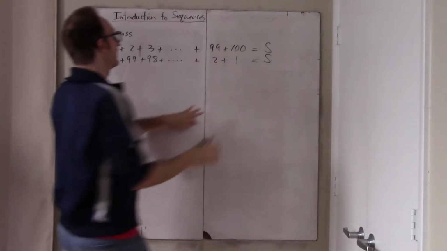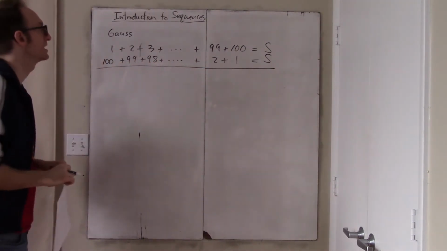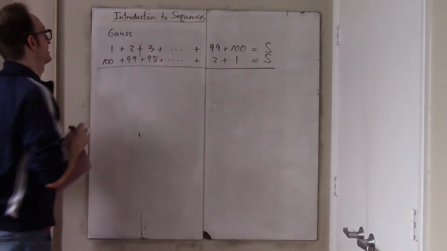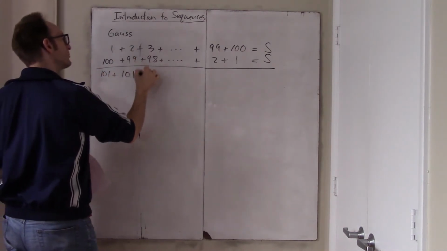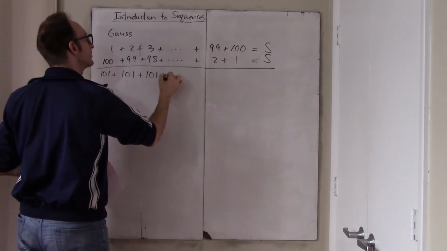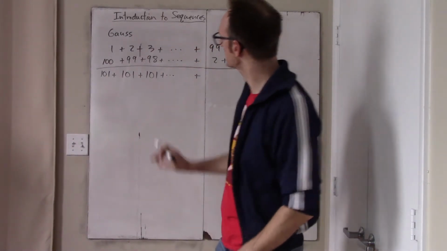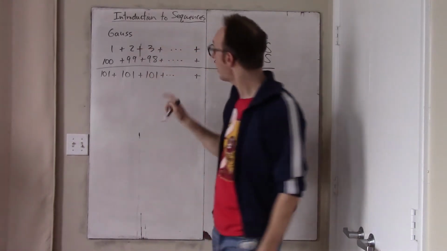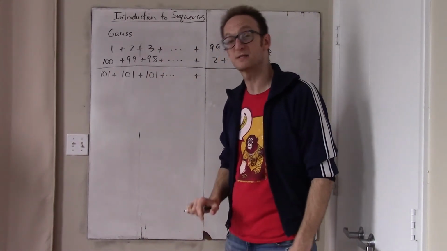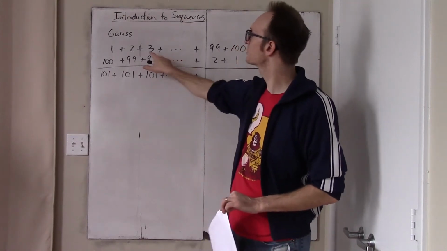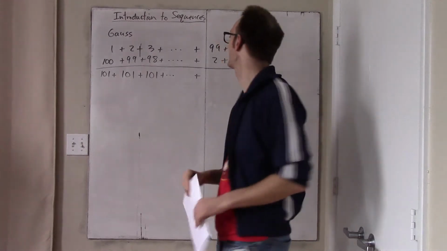So what? Well, the so what is, if we then go and add these numbers, what do we get? Well, 1 and 100 is 101. 2 and 99 is also 101. 3 and 98 is also 101, etc. And in fact, that's not just a coincidence. We're always going to have in any given column a sum of 101 because these numbers are going up by 1 and these numbers are going down by 1 each time, and so their sum is remaining constant.